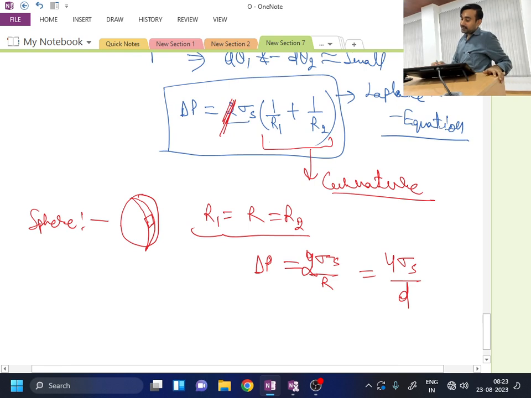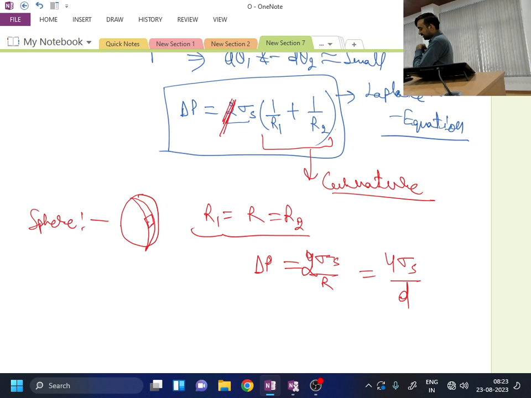So it means that this Laplace equation, sigma s times the curvature of the free surface, is nothing but a generic equation, and this generic equation we can apply to any situation. If I apply this generic equation, I have to just measure the curvature at that particular point where we want to calculate the surface tension force. Okay, and